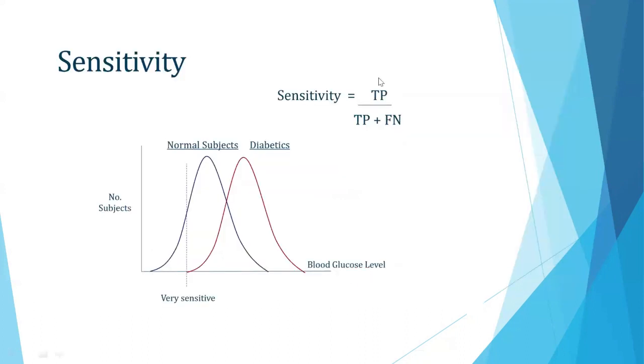Let me explain here. In sensitivity, you have seen that a test should be able to accurately diagnose all the people with the disease. So if any test has a sensitivity value at this level, it has included all the patients who have the disease, but it has also included some of the patients who do not have the disease. So this is very sensitive. We are able to at least not miss any case. The formula being true positive divided by true positive plus false negative.